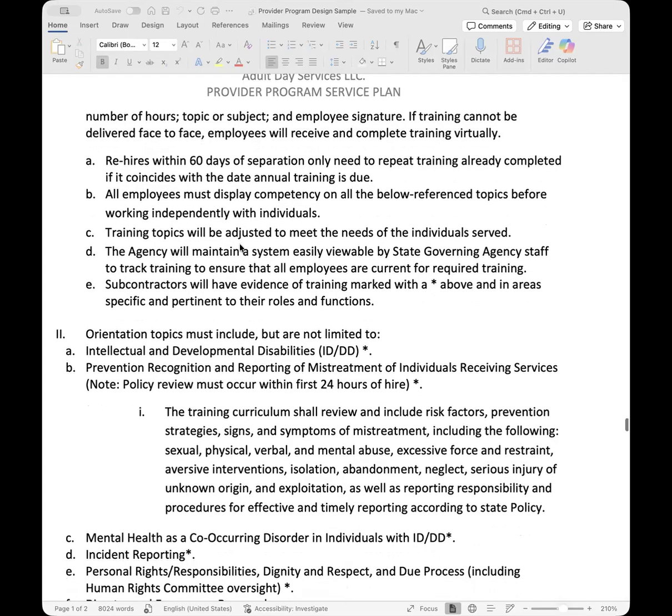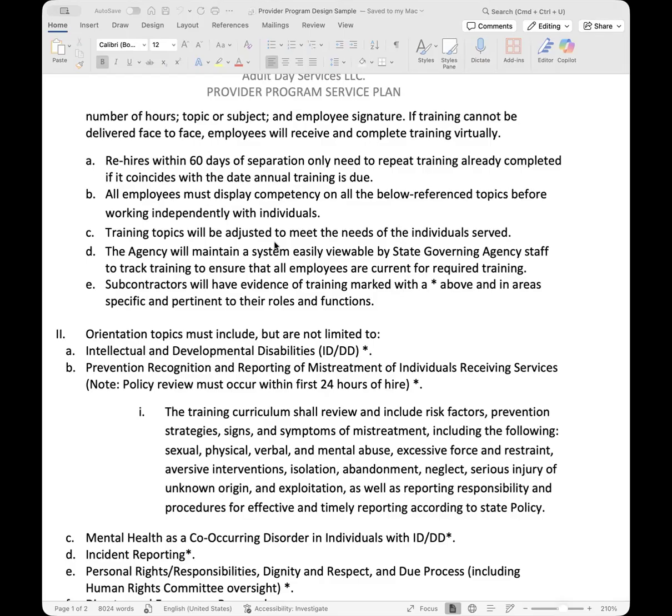The training topics should be adjusted to meet your client's needs. So, for example, if you're providing medication administration, so you're an agency that decided to administer medication to your client, you want to make sure you have a training in place that revolves around medication administration. If you're an agency that will not be administering medication, then you don't need that training. It's not a required training. So make sure you look at the services you're going to be providing, and make sure your staff are fully trained to provide those services.